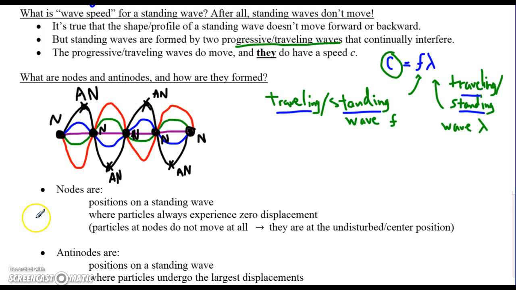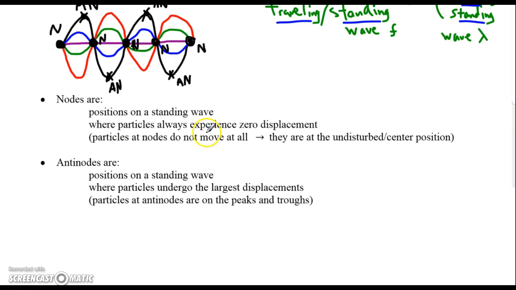Okay. So nodes are positions where particles always experience zero displacement. This part of the string, this particle, doesn't ever go up or down. Antinodes are positions on the string where particles undergo the largest displacement. So that's this one right here. This part of the string is going really far down and then really far up. Particles at the antinodes form the peaks and troughs. And like we saw before,